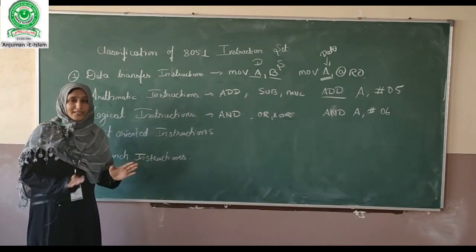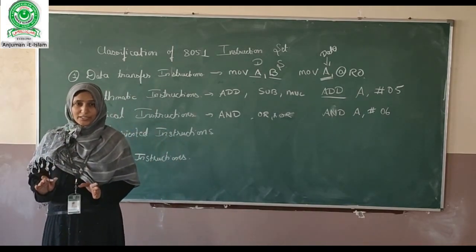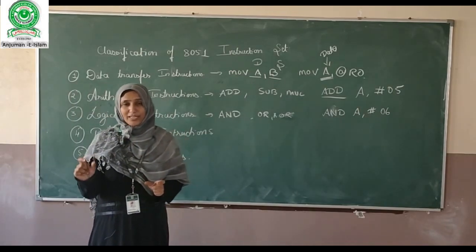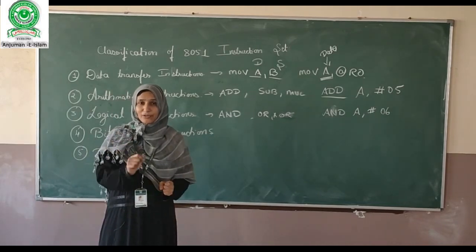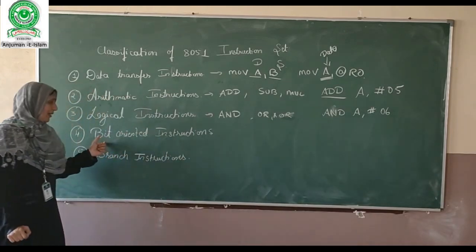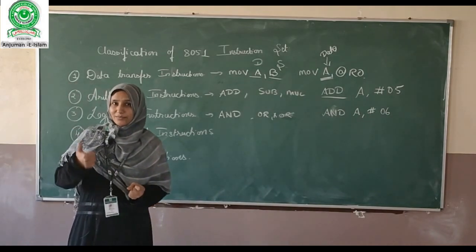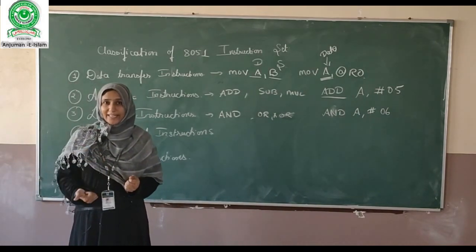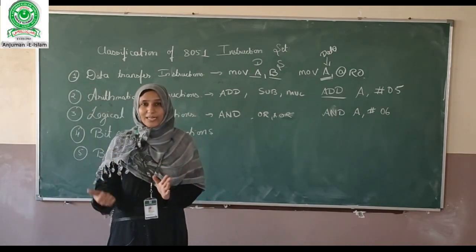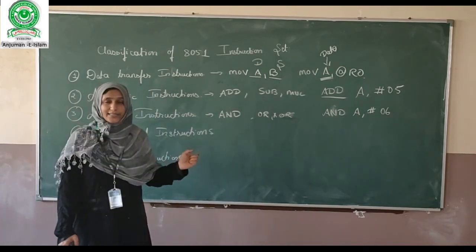Okay? In the 8051 memory, you have 16 bytes especially meant for bit oriented operations, in which you can assign a complete 8-bit variable, but you can access each and every bit of that variable. So to operate on those bits, you can go for these bit oriented instructions. Apart from those, you can also have the instructions which can change the carry flag status, the zero flag status, the flag status of the program status word register. Okay? So all these instructions come under the bit oriented instructions.